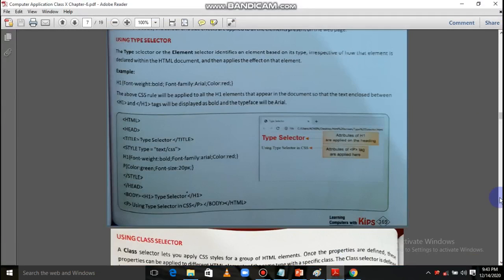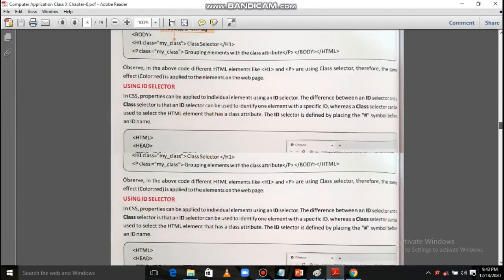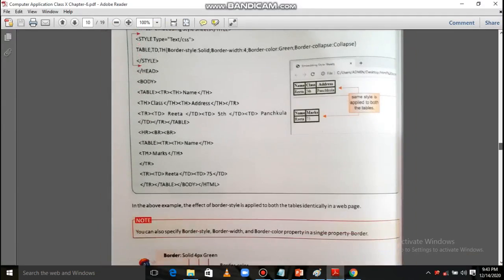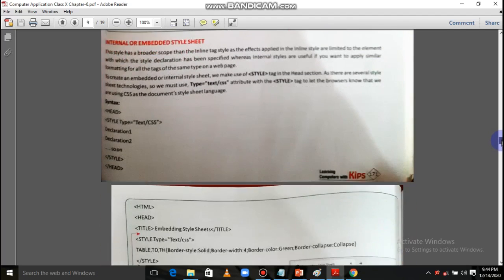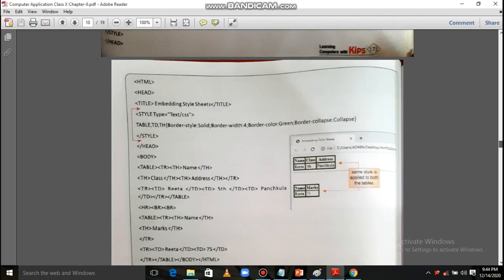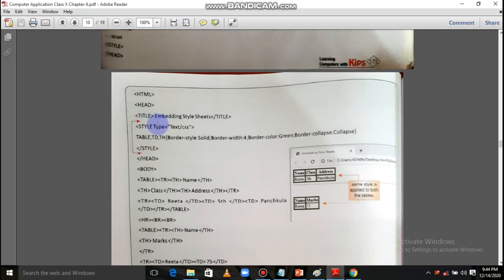Okay, for this let me discuss this one. Internal or embedded style sheet. Now as you can see in this example, style type text CSS, table, td, th, border style solid, border width 4, border color green, border collapse collapse.